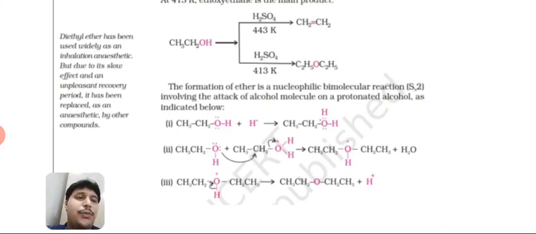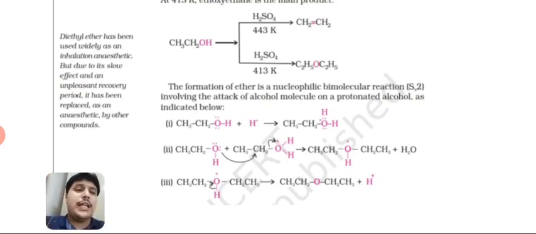Now in the last step, if you see the main product of this second step, here we require only CH3CH2OCH2CH3. So here one H is extra. So now in the last step, deprotonation takes place, that H is removed in the form of H+, and we get our ethoxyethane. So in the last step, the reactant is the product of the second step, that we copy here, and then only deprotonation, the bond of H converts into a lone pair of electrons on oxygen, and H+ is removed.